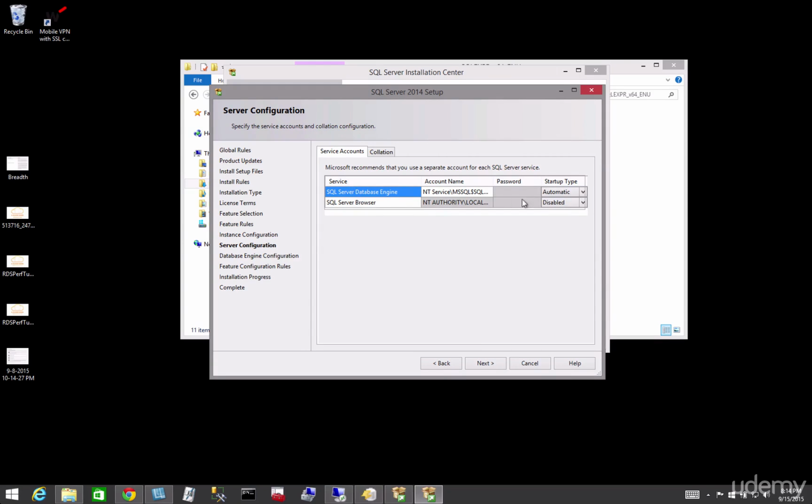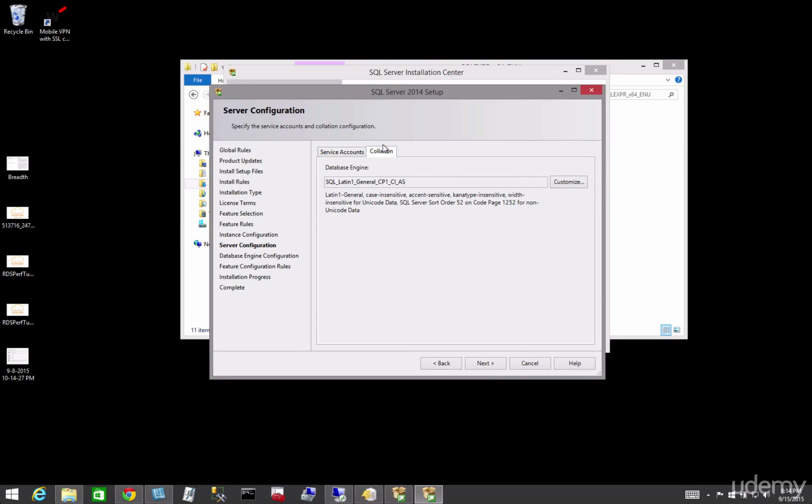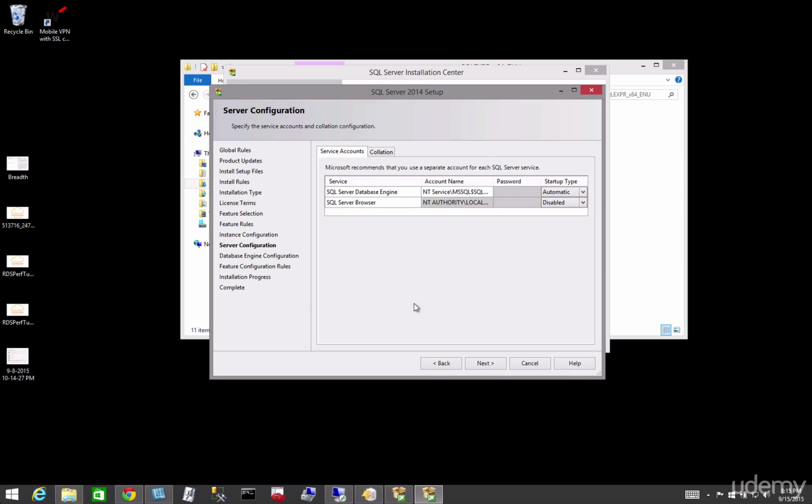Service accounts. We can set them to automatically start. Disabled. The browser allows you to browse the network for other SQL servers. Disabled. Yeah, we don't need it. There's not a network here. It's just one laptop. We've talked about what collation is. We're going to leave it as the default. This is case insensitive, accent sensitive. And we're going to say